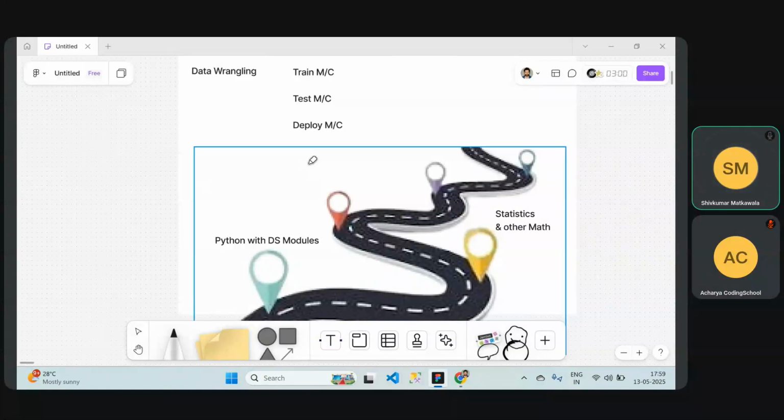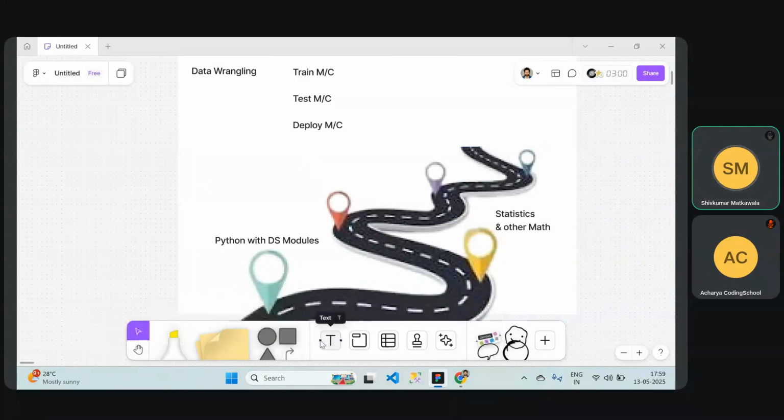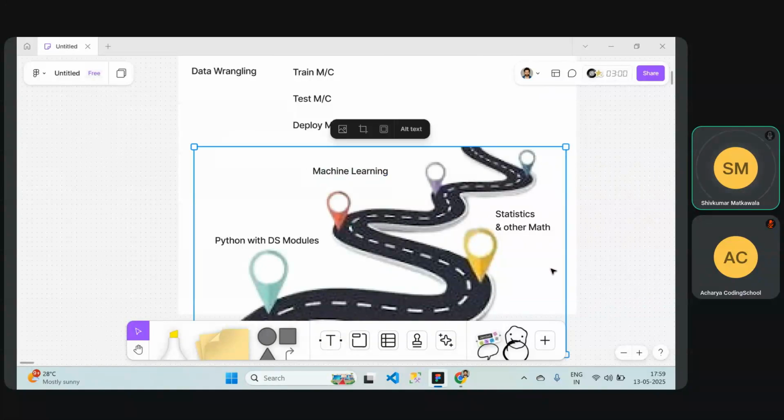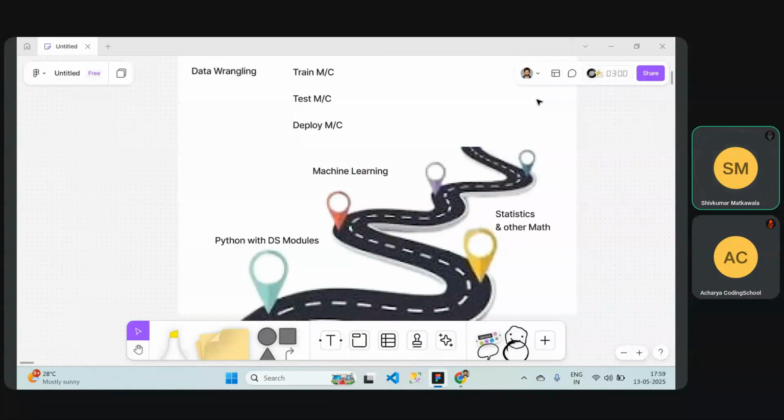Once you complete the statistics and other mathematics topics, the next thing is machine learning. You have to work on machine learning. Once machine learning is started, you have to learn different algorithms: regression algorithms, logistic